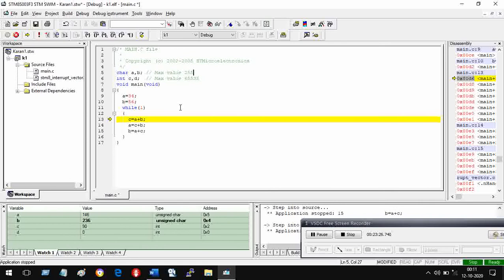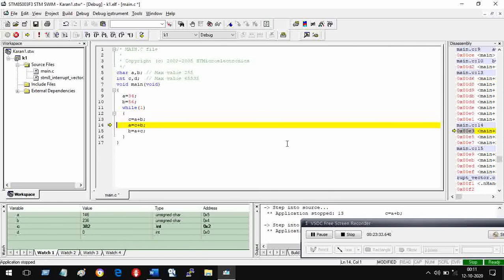Right, now let us move. Let us see what happens to C. Step into it. It has become 382, possible because its max value can be 65,535. It is 382, so there is no issue.